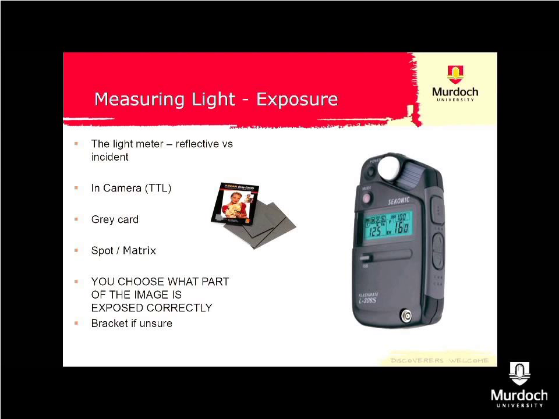Well, these ones do it somewhat differently. They can do reflectance, but they can also do another type of light reading, and that is for you to come down here with your light meter and stand next to me with it, and it will read the light that's falling on me, as opposed to the light that's being reflected off me. So it's in the same place and seeing exactly the same light. And so, of course, that's going to be more accurate,